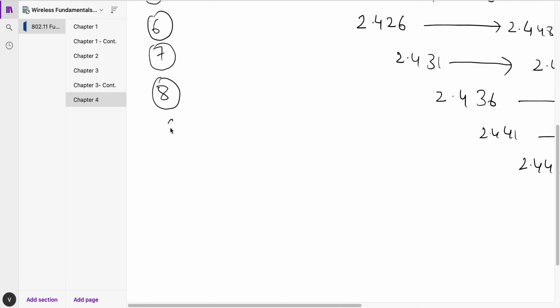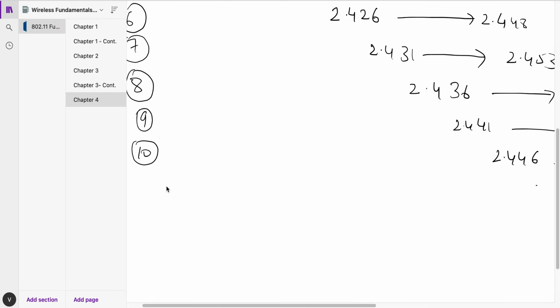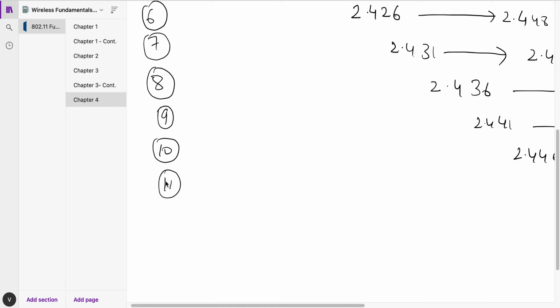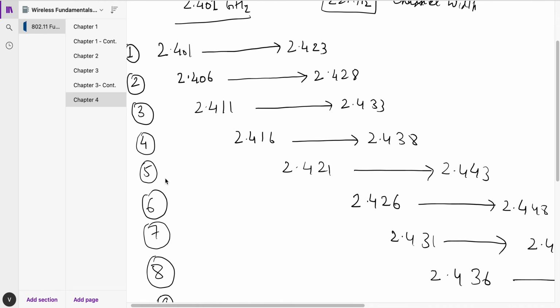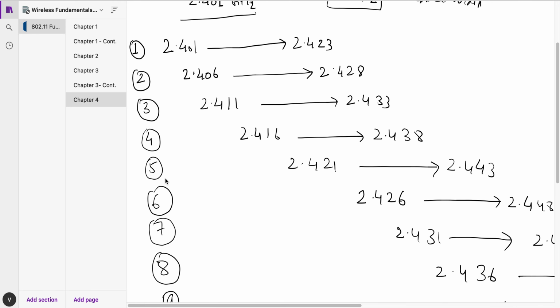To name the channels, this is 9, this is 10, and the next one is number 11. Okay, so if we take a look at this, we see that we have created 11 channels in 2.4 gigahertz